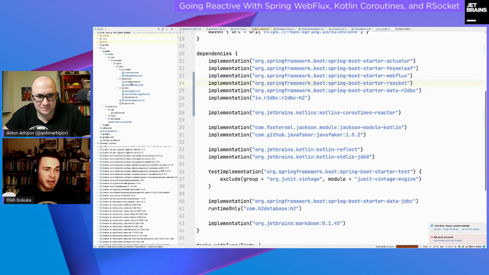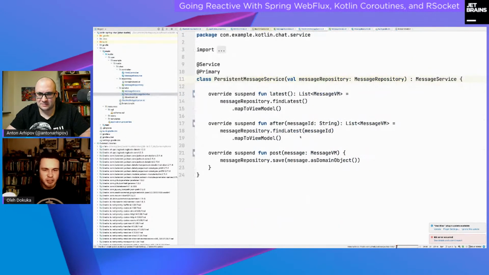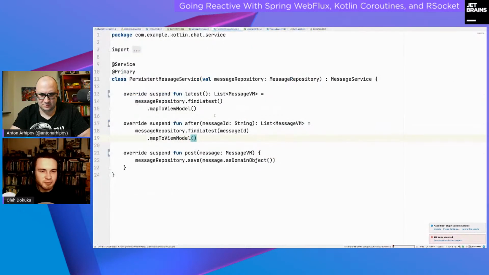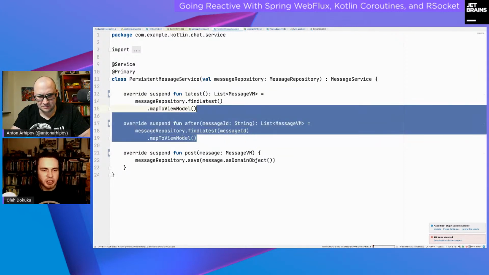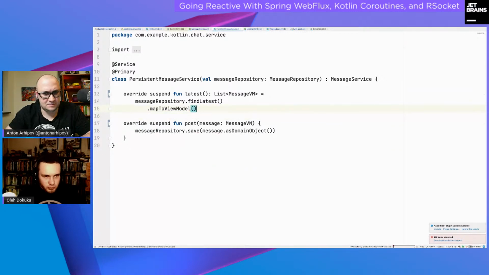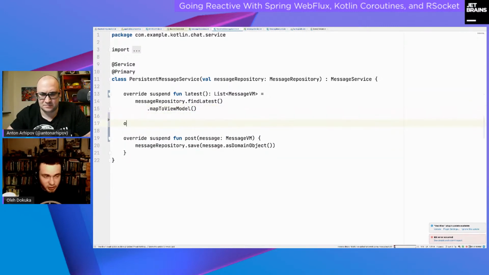So yeah, nevertheless, let's go back to persistent message service. Of course, I need to index all the stuff right now. But we will try to write down some code while it's indexing. So as I mentioned, we get rid of the call after method, and we don't need it anymore. However, instead of after, we just added another method,